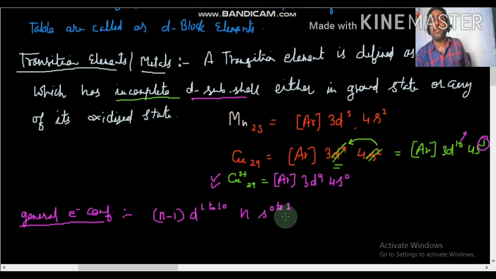Actually S has 2 electrons, but due to this shifting to make the D completely filled or exactly half filled, we may lose these S electrons. So S electron may be 0 to 1.